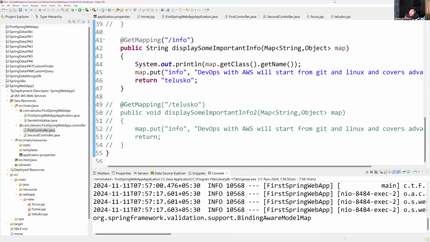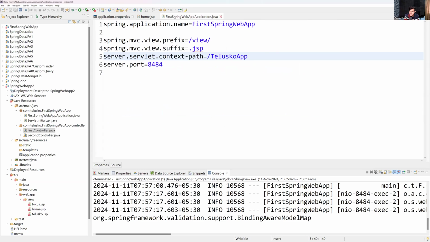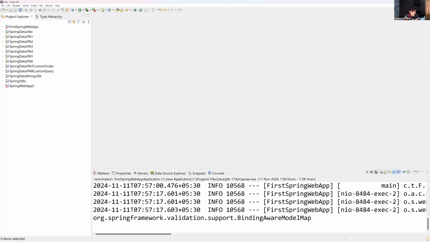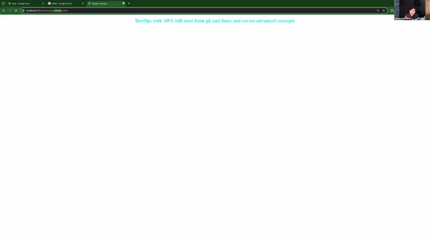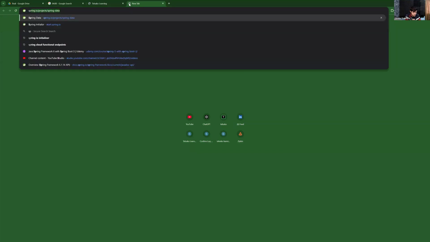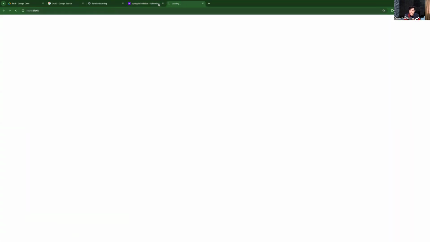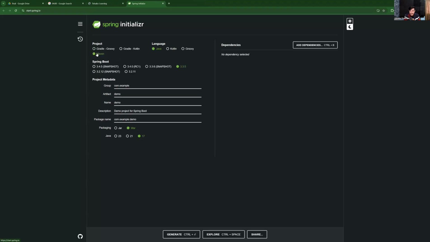I would like to stop this application and I want to show you one more application, but let's develop that application from scratch, because I want to add the dev tools also. I'll open the Spring IO initializer, Maven, Java 3.3.4. I'll say Telesco. com.telesco as the basic application name. Let's give it as